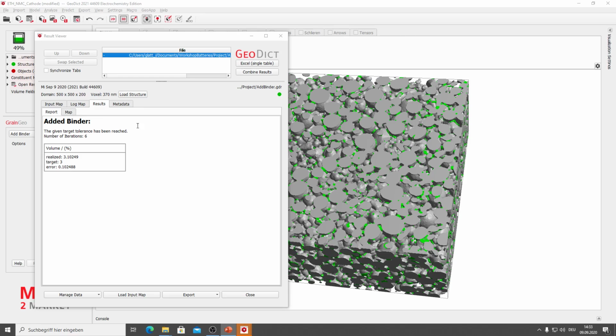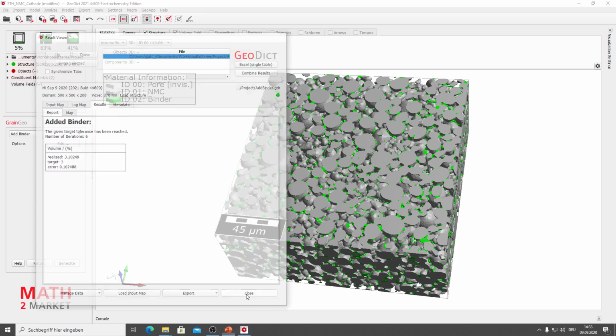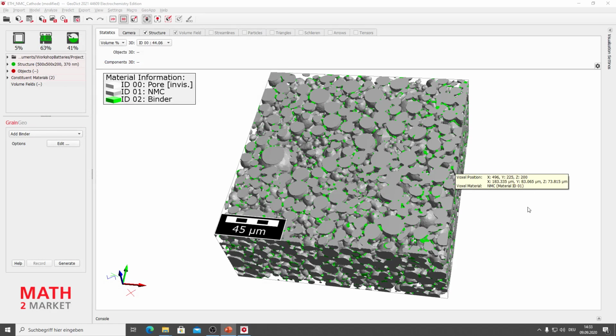So again, a Geodict result file opened up, which says how much binder we wanted to add, how much was realized, and the resulting error of that. Again, it's possible to load the structure directly using this button here. Not necessary, because you can see in the background it's already loaded. So we close this GDR result file and have a look at the structure,